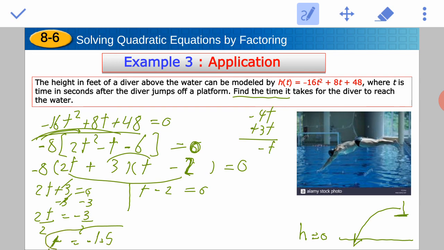Guys, is it possible to have negative time? Time cannot be negative. So guys, you have to reject this solution and consider the other solution. If t minus 2 equals 0, it means t equals 2 seconds. Yeah, it's a reasonable solution, but the first one is not a reasonable solution. So guys, my answer, it takes 2 seconds for the diver to reach the